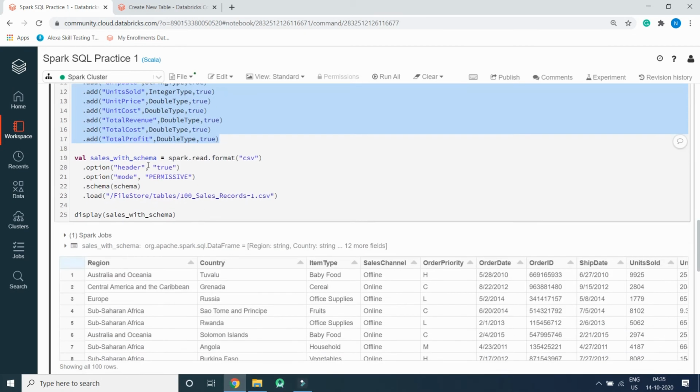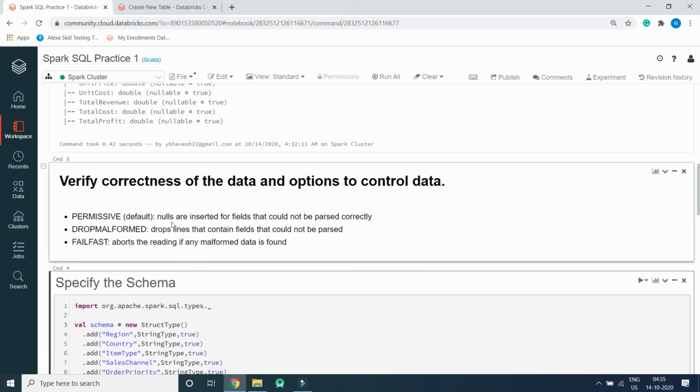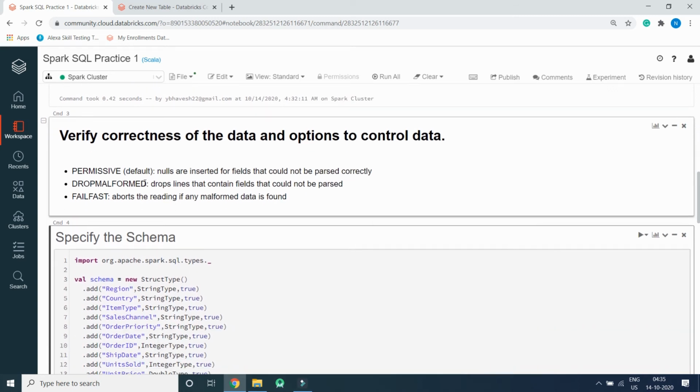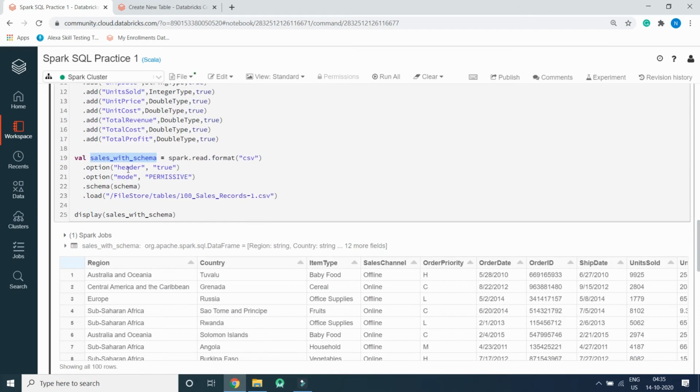And we have declared a data frame, sales with schema, spark.read.format CSV, option header true because we have a header in the CSV file, mode permissive, so nulls are inserted for the fields that could not be parsed properly.